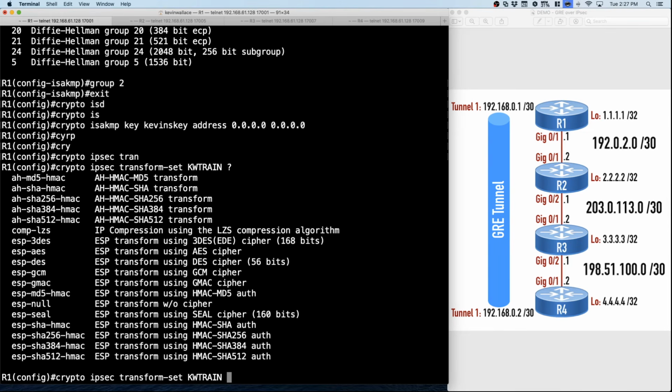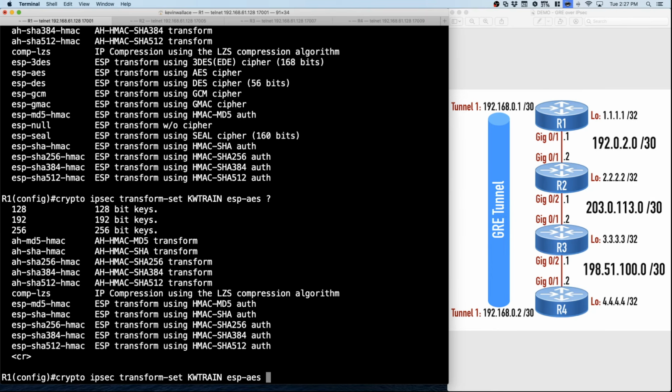We're given some encapsulation options. And I'm going to use AES. Now, ESP and AH, AH stands for Authentication Header. ESP stands for Encapsulating Security Payload. ESP is better than AH, without getting into all the details of why. I'm going to say ESP-AES for Advanced Encryption Standard. That's typically what I do. Now I'm going to say, what is my hashing algorithm to make sure that data's not been modified in transit? Here are my options. I'm going to use Encapsulating Security Payload SHA, which is better than MD5, by the way,